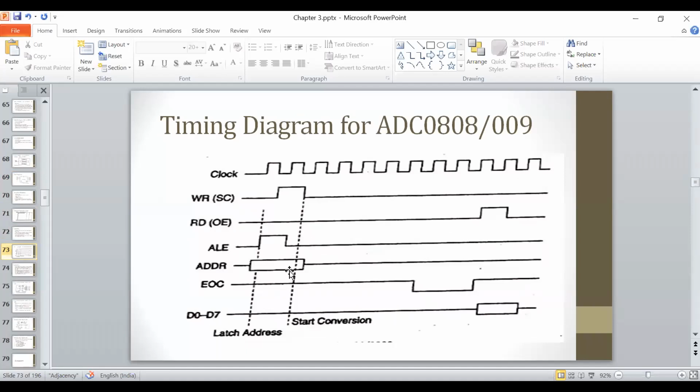We provide the address on the address buses. We make the value of ALE low to high for some period of time so that the address will be latched and you are able to select the input line. Once you select the input line, then you activate the SC signal, the start conversion signal. इसको आप write भी कह सकते हो, इसको आप SC भी कह सकते हो।